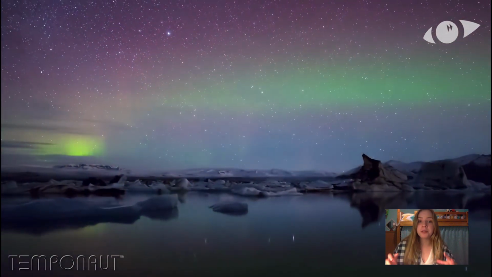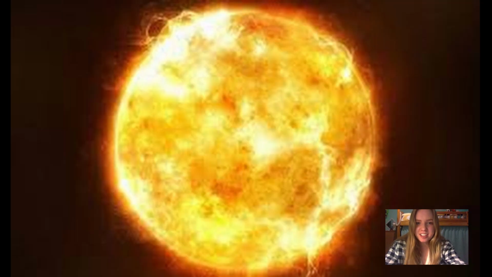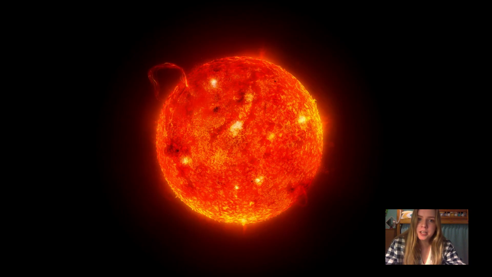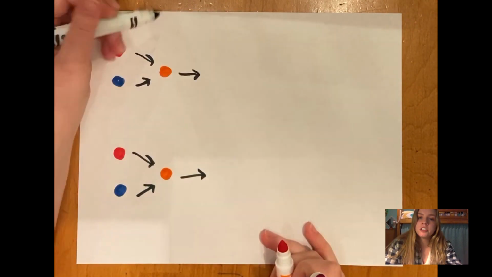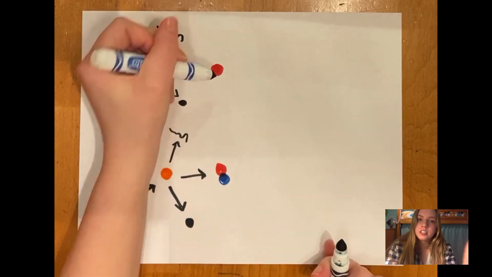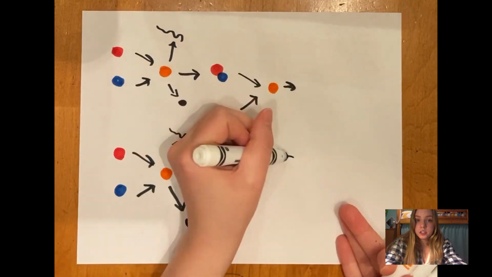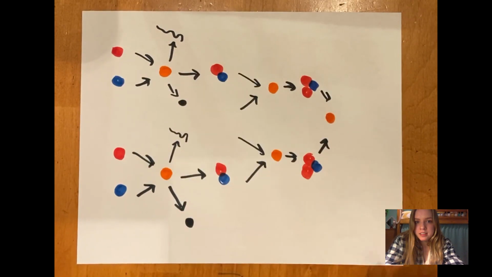So, this all begins at our favorite star, the sun. The sun is super hot, super pressurized, like 14 million degrees hot. Let's think about that for a second. And what happens there is nuclear fusion. Nuclear fusion is where two hydrogen atoms come together to form helium, and this process creates many byproducts, mainly electrically